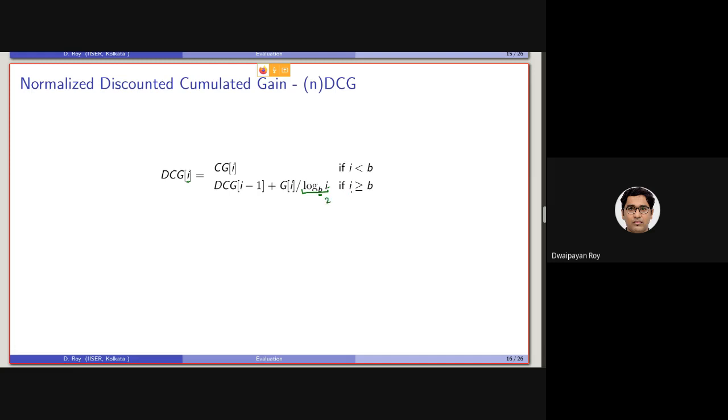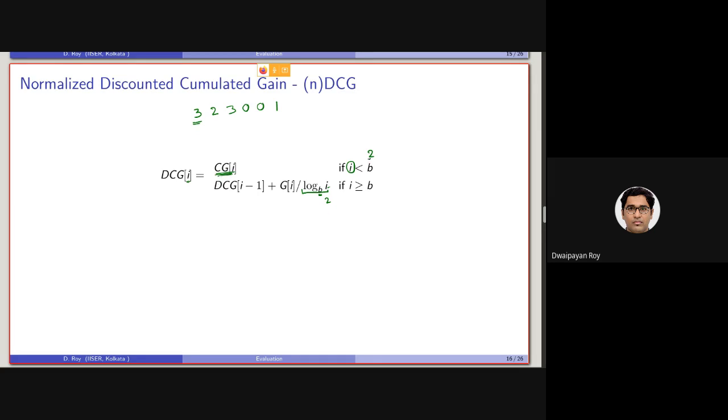In which case, if the rank is less than 2, basically for the first document, it will be the cumulative gain. So if we again consider this 3 2 3 0 0 0 1, here cumulative gain is 3, discounted cumulative gain is also 3.